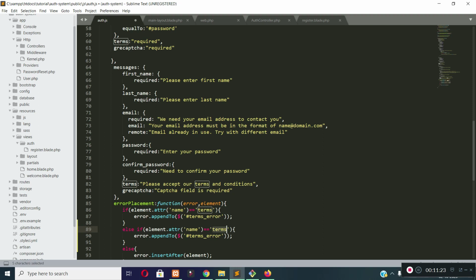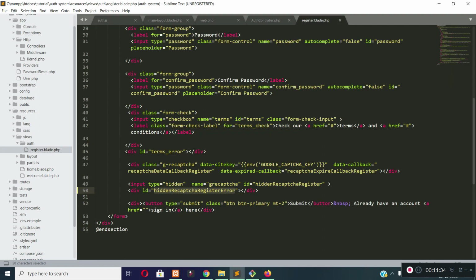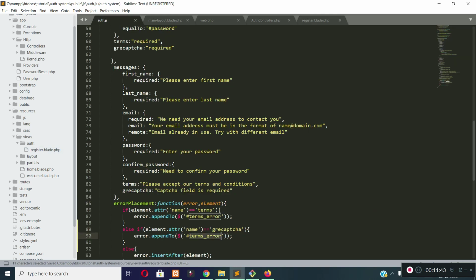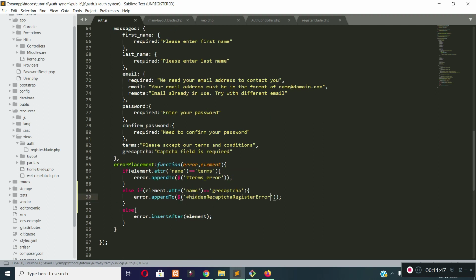For the Google reCAPTCHA response field error messages, I will append the error message to this div. So let's copy the ID of the div and pass it here. You can see for the Google reCAPTCHA response hidden field, we are placing the error inside this div.